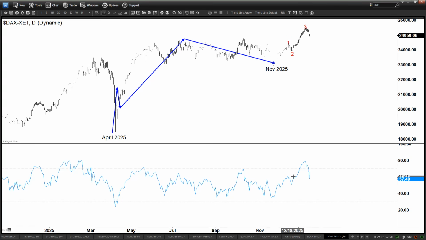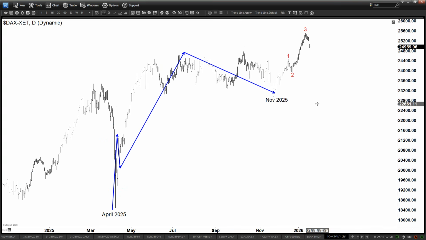There's no momentum divergence, so this is a real breakout, erasing all previous RSI as well. So that means we are not in a wave 5 here from the April low,